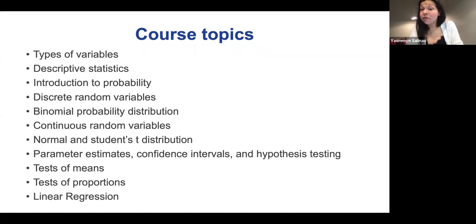We'll talk about types of variables, how to describe data, what is called descriptive statistics, so making plots, making charts, that all goes under the umbrella of descriptive statistics. We'll talk about probability, because a lot of the things that we want to do in making predictions involve probabilities. We'll also talk about what are called random variables, which has to do with sampling, which we'll get into a little bit. So random variables and their distributions, whether it's discrete random variables or continuous random variables.